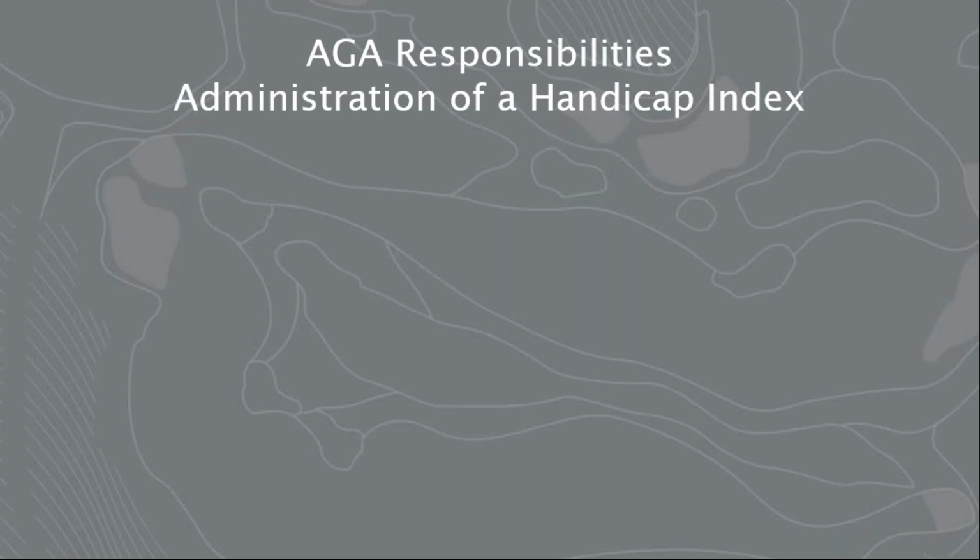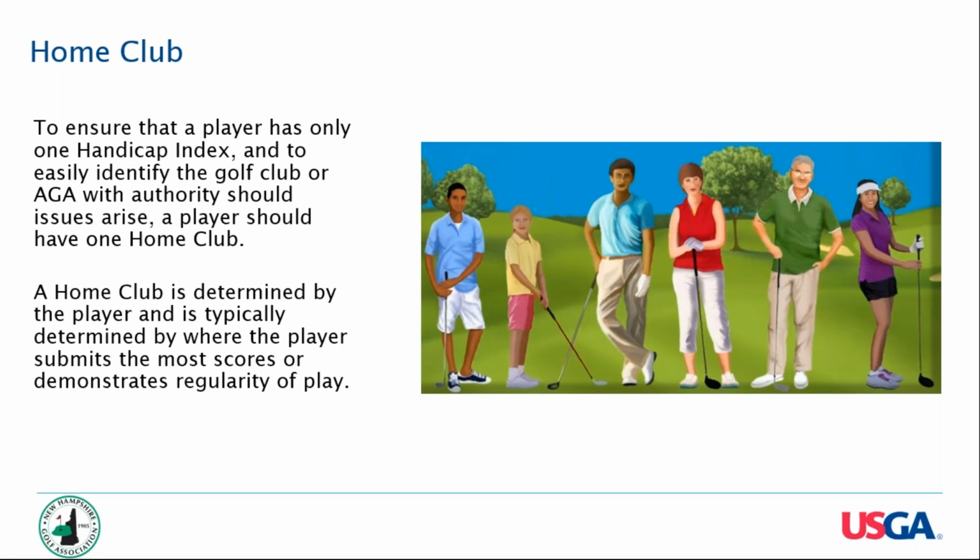So the AGA responsibilities and administration of a handicap index. Again, Allied Golf Association is the AGA, and that is us, the NHGA, here in New Hampshire. So home club. To ensure that a player has only one handicap index and to easily identify the golf club or AGA with authority should issues arise, a player should have one home club. A home club is determined by the player and is typically determined by where the player submits the most recent scores or demonstrates